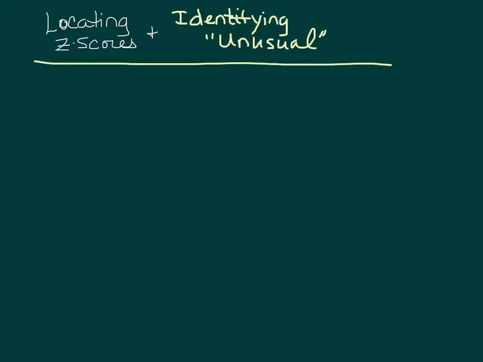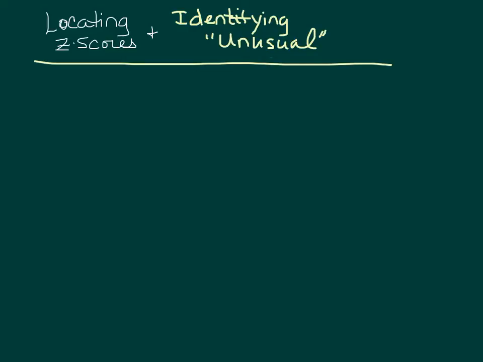In this demonstration, I'm going to show you how to look at a chart or graph and identify where specific z-scores might be located when they're given to you. I'm also going to show you how to identify which z-scores might be considered unusual when they're not already located on that graph. A few key points that you want to remember when you're trying to determine the answers to a problem like this or interpreting a problem like this are what is considered unusual and how are z-scores placed